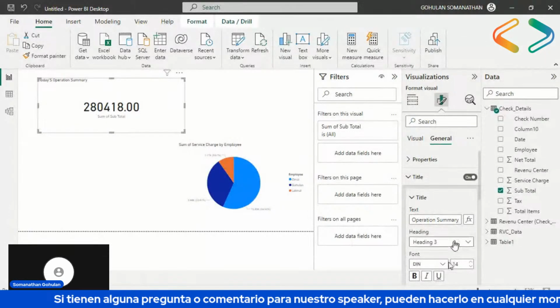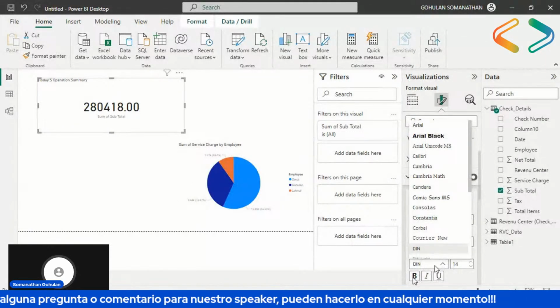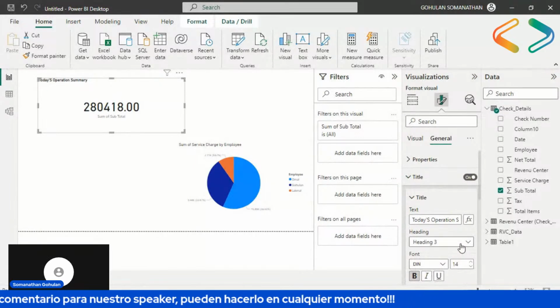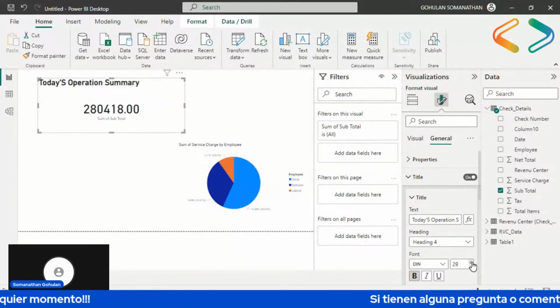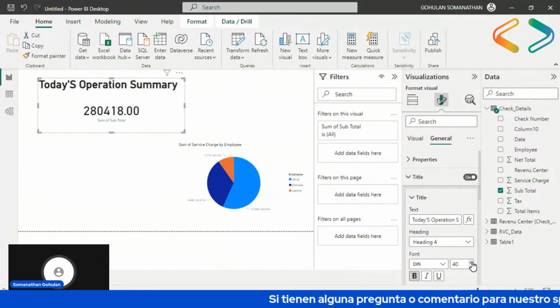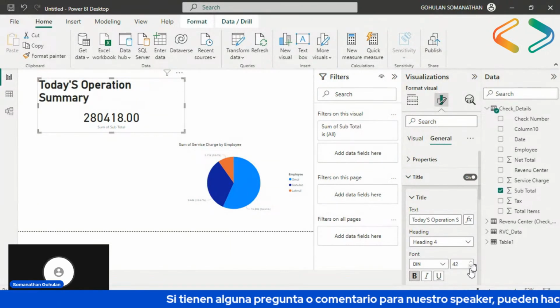And if you want, you can change the font, change the heading style, or else you can put a big title to show this is today's summary.